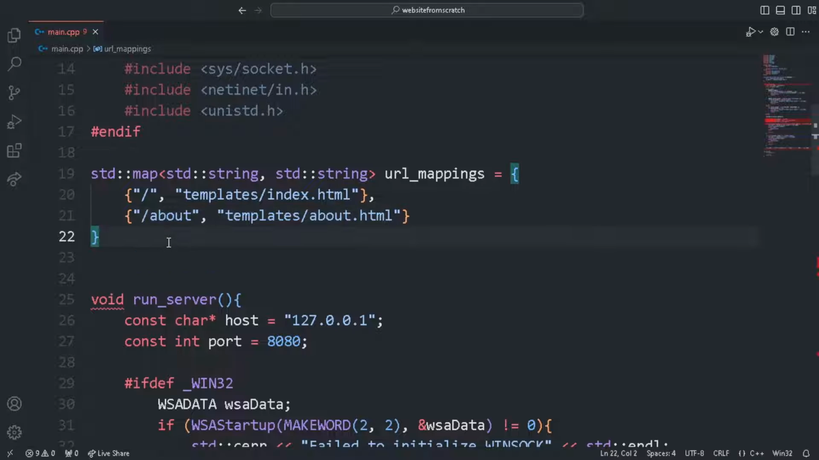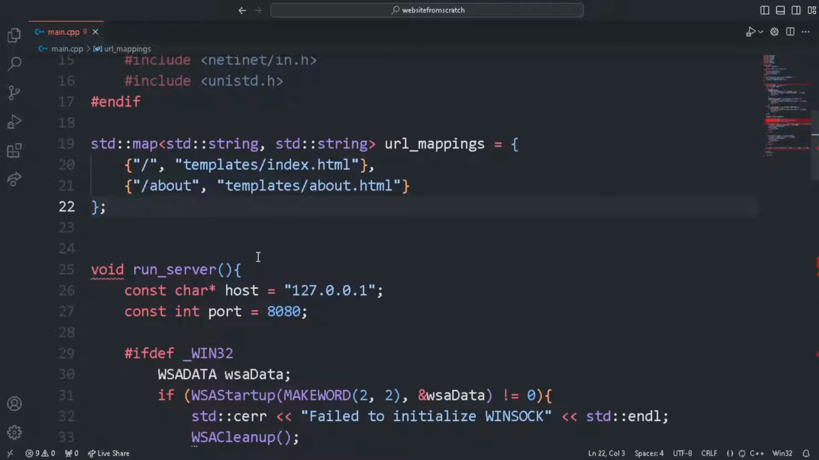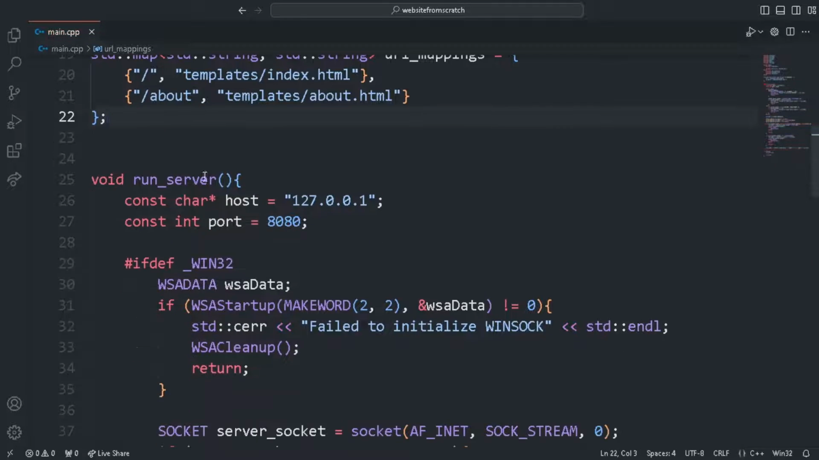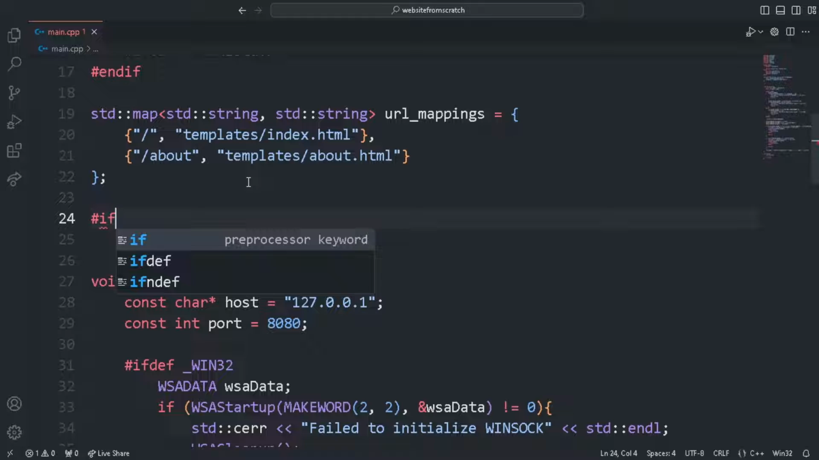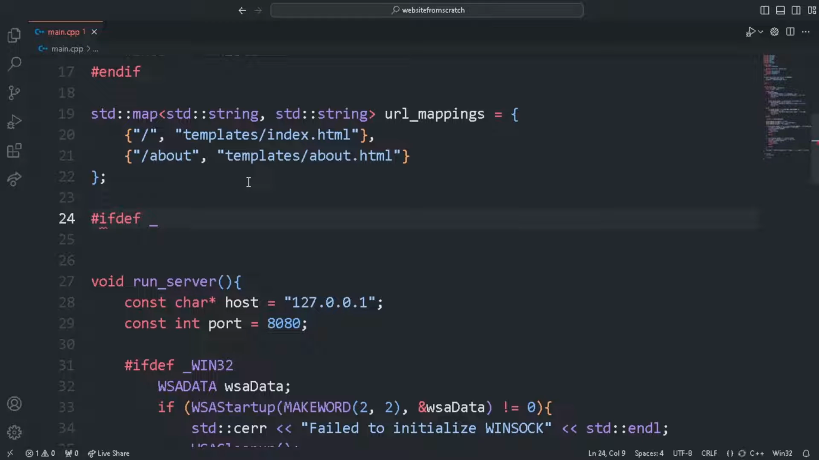Now after the map we need to put a semicolon, don't forget that. Now we'll create a new function called void handle_get_request. There is a small difference for Windows and other operating systems, so we'll handle that later. Users of other operating systems can also start coding right now itself. So, void handle_get_request,